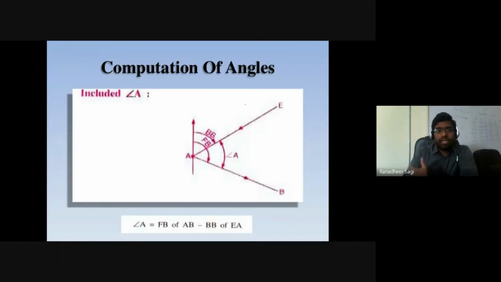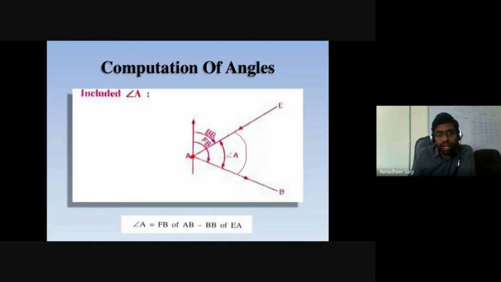So how do we calculate the interior angle in between any two survey lines? Already we have started talking about solving some problem. In similar lines, let's say for example, we are looking at station A, where you have two survey lines AB and EA, where E to A to B is your forward direction. At station A, the bearing of the line E to A becomes what is called the back bearing, and the bearing of the line A to B becomes what is called your forebearing.